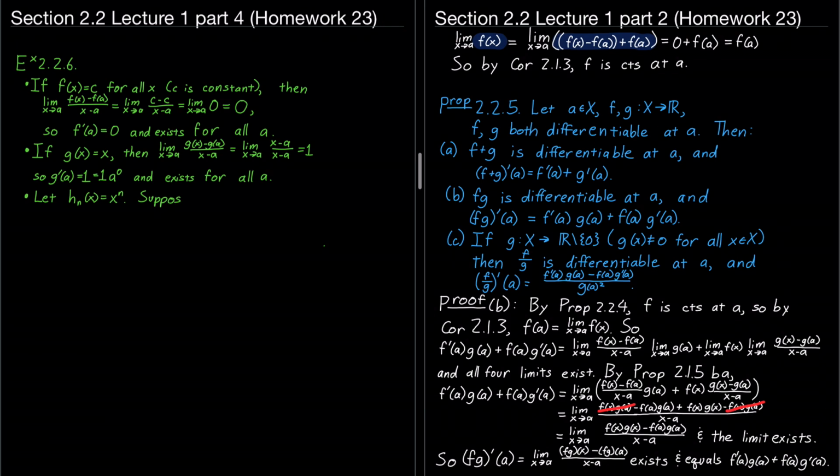Suppose that h_n prime of a equals n a to the n minus 1 for all a, and in particular exists. And then